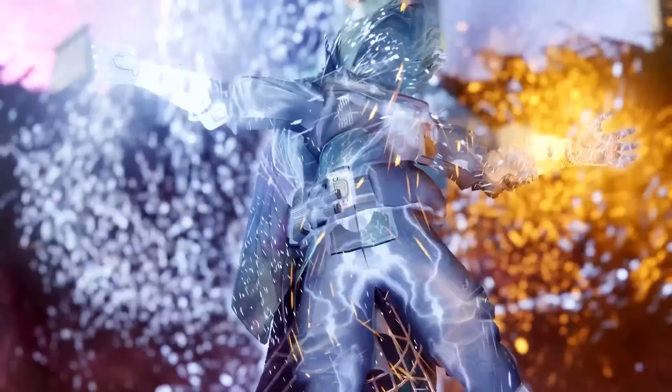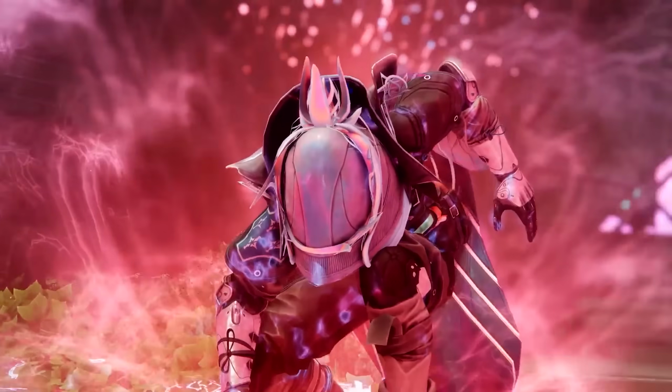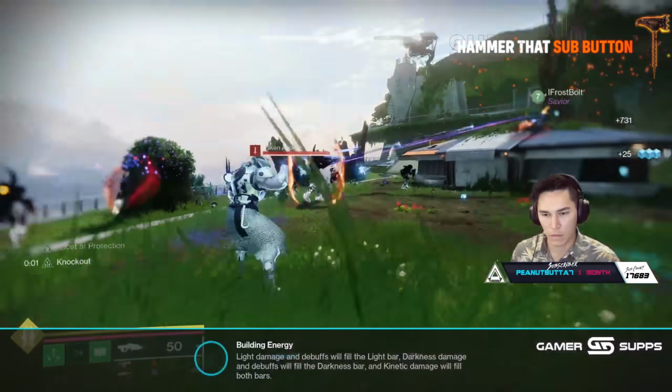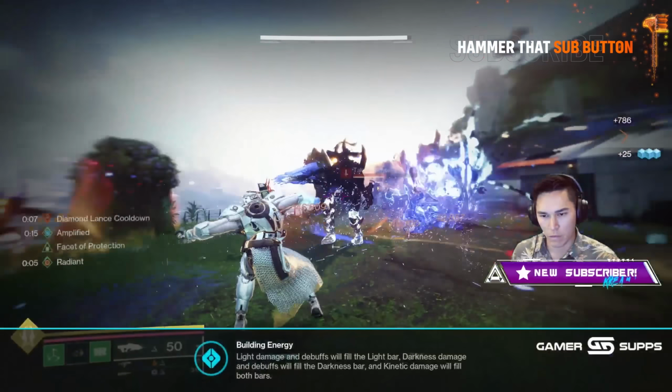Today we're going to go over how to unlock everything for your Prismatic subclass. This includes your abilities, your supers, your aspects, as well as all of the fragments. Now first things first, after the first campaign mission where you unlock Prismatic, you will start with a good amount